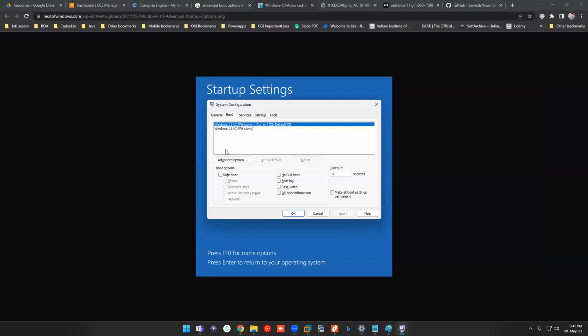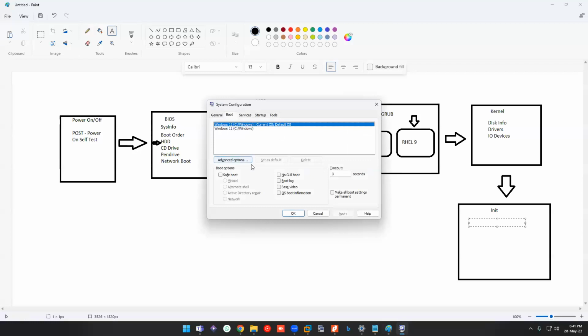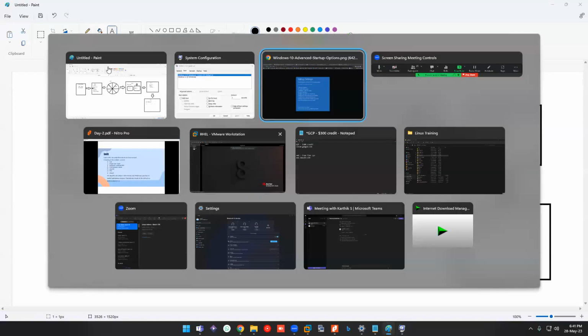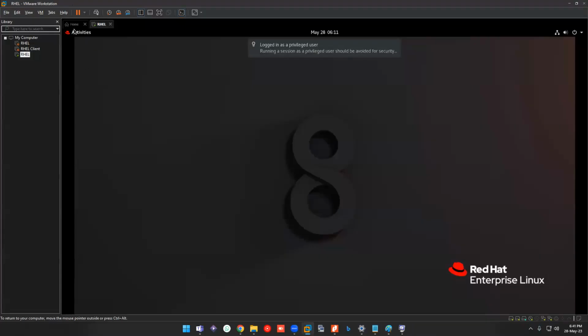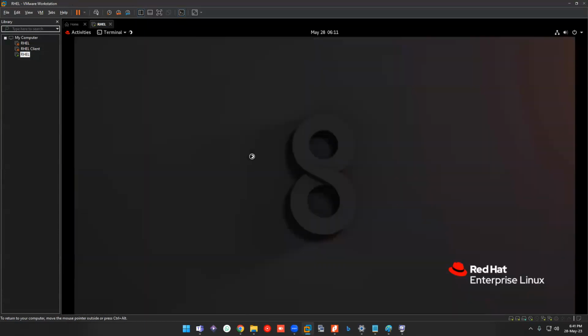Let me give a Windows example of this. What is init? The very first thing is init 0. Zero is nothing but shutdown. If I want to shut down this machine, instead of going here and shutting down in the software itself, I can do that.